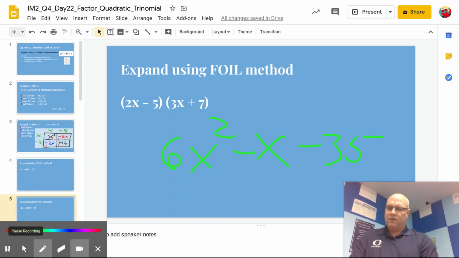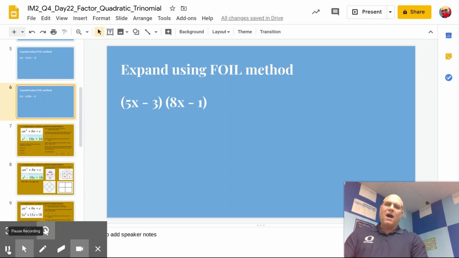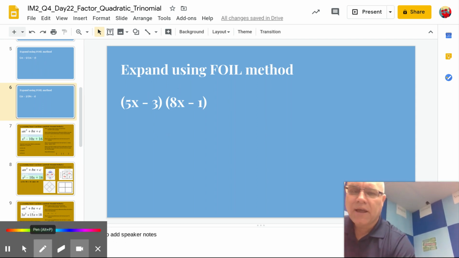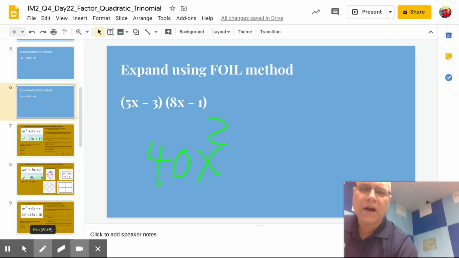Okay. One more. 5x minus 3 multiplied by 8x minus 1. Use the FOIL method. What do you get? Okay, multiply the first terms, 5x times 8x, that's 40x squared. Outer terms, negative 5x. Inner terms, negative 24x. Combine like terms, that's negative 29x. And then negative 3 times negative 1 is positive 3. So on this one, you should have got 40x squared minus